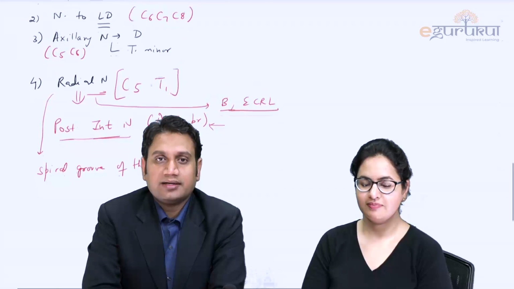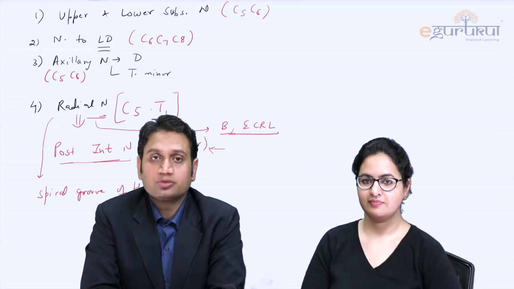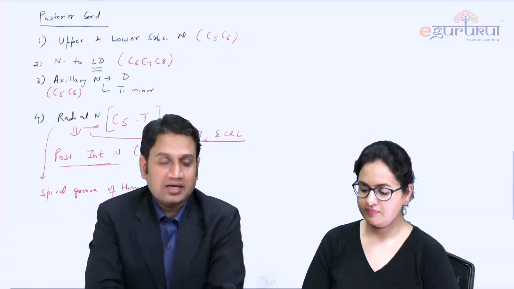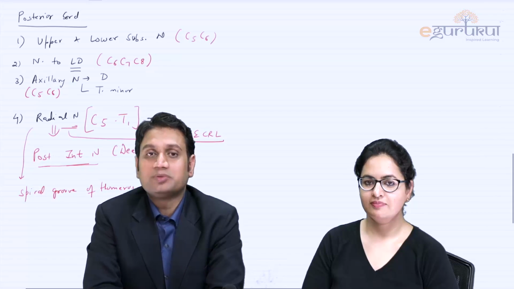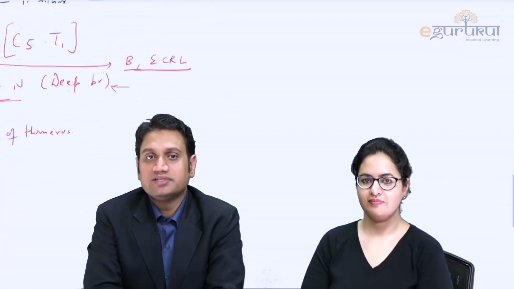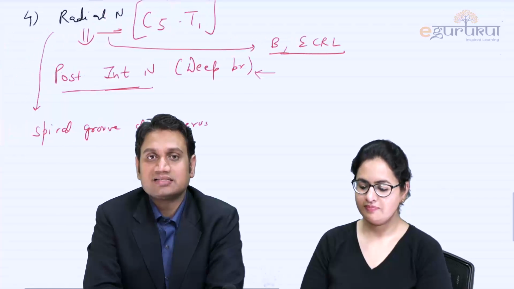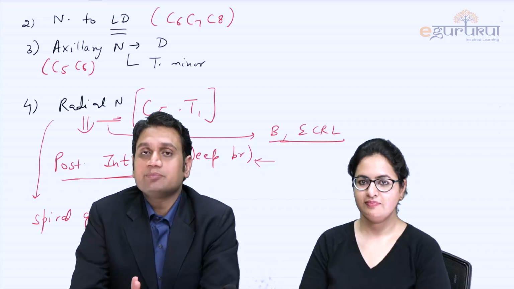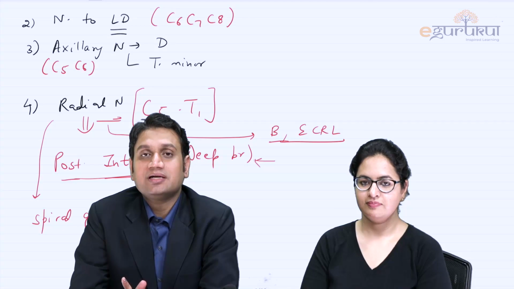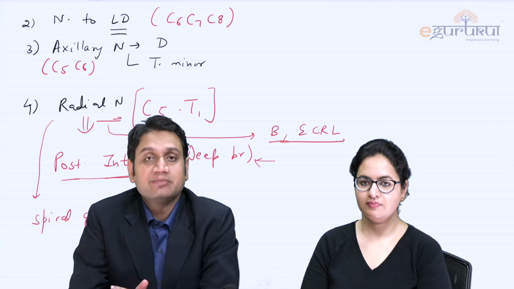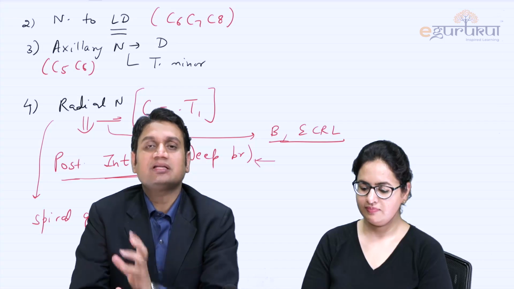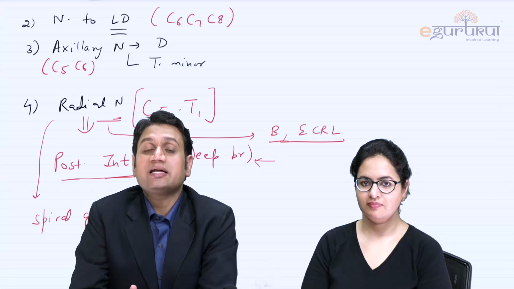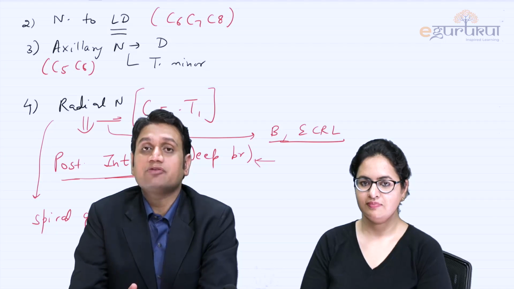Okay, let's add a few important clinical points to the last topic, the posterior cord. In this posterior cord, for me as an ortho person, two nerves are important: the axillary nerve and the radial nerve. How are the questions framed in the exam? In simple scenarios, a patient presents post RTA in the emergency with a fracture somewhere in the upper limb and is not able to externally rotate his arm. What is the site of fracture?